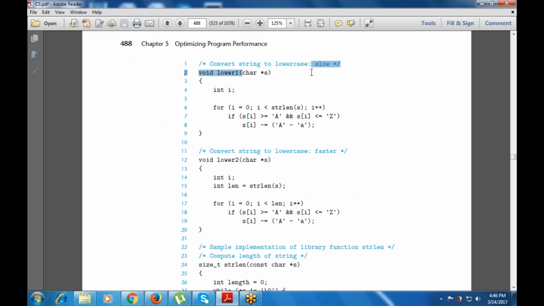This is converting the string into lower case, that is lower one, taking the for loop, i equals 0, i is less than